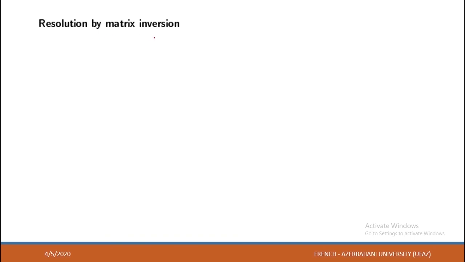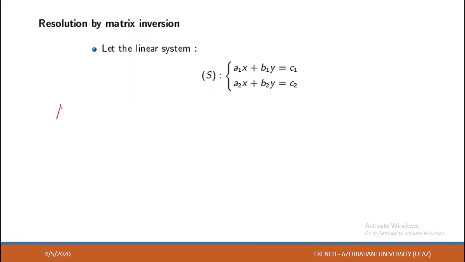Resolution by matrix inversion. Suppose that we have this linear system. Using the parameters of equations, we define these matrices. A is a1, b1, a2, b2. X is x, y. B is c1, c2. If we calculate the multiplication of A and X,